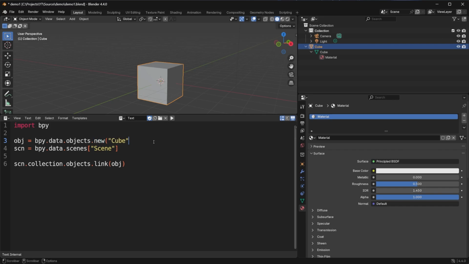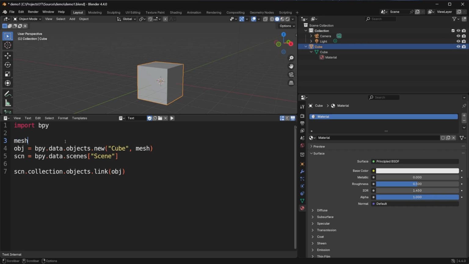objects.new cube with the data of mesh. And let's write this line again where we had mesh equals bpy.data.meshes cube. I'm telling the script we're going to add a new cube as object and link it to the scene. So it looks very similar to the call that failed, but when I run this, you'll see a new cube